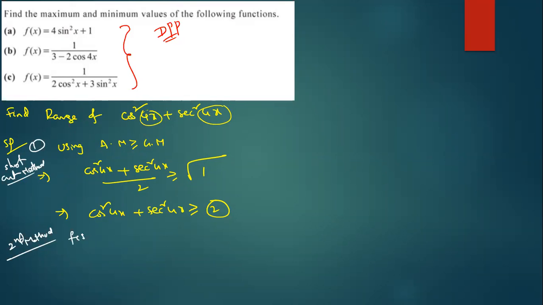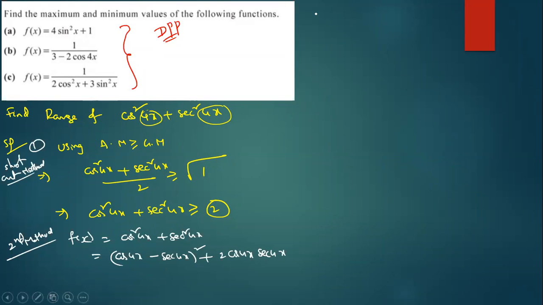See carefully. F of x is given how much? Cos square 4x plus. Now, dear students, what I'm doing, see carefully. A square plus b square is there. Still, what is the term missing? Plus 2ab. That means what here? Cos 4x minus secant 4x whole square plus. Anyone having objection? Tell me immediately. A minus b whole square plus 2ab is how much? A square plus b square. Anyone having doubts? Raise your hand. That's what I'm doing. Adding 2ab.